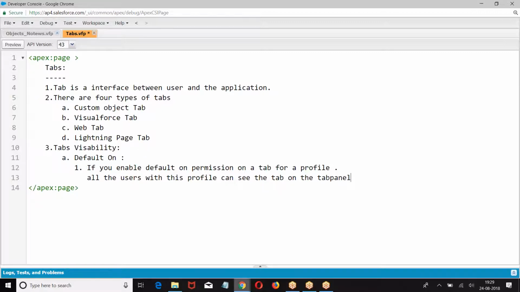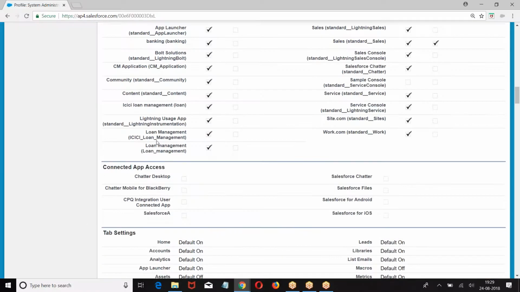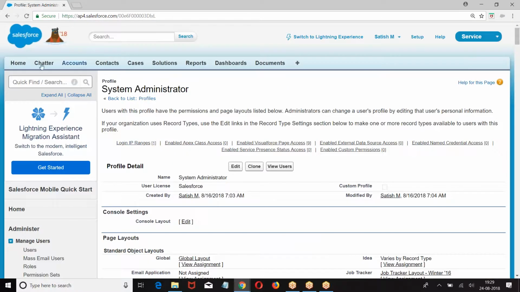So when I say default on, what will happen? You will be able to see that particular tab on the panel.